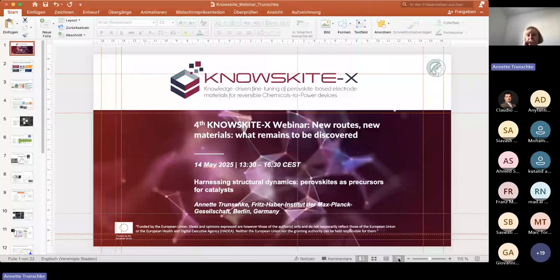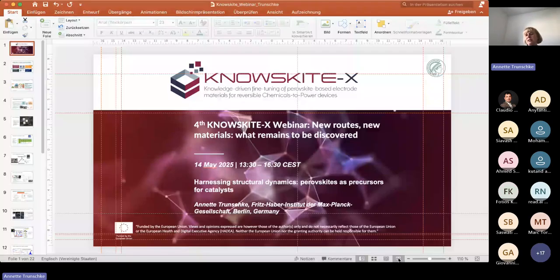And this is a very good technique because we have a very high sensitivity, much higher than in the lab XPS, and we can probe really the surface because, compared to a lab source, we can vary the photon energy